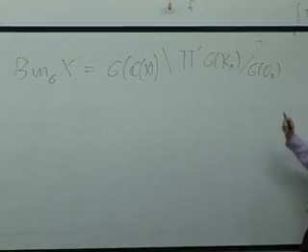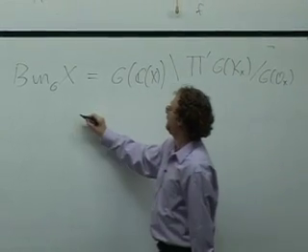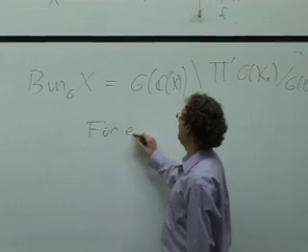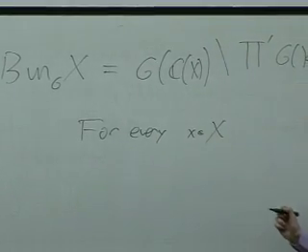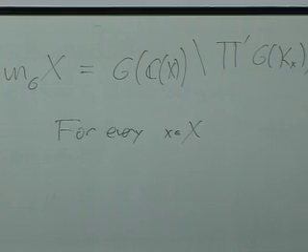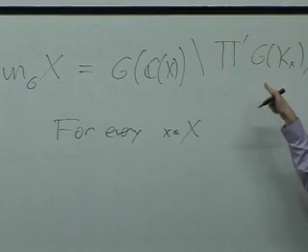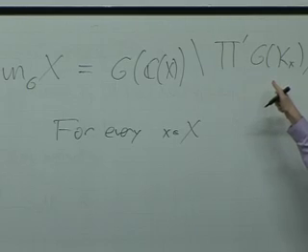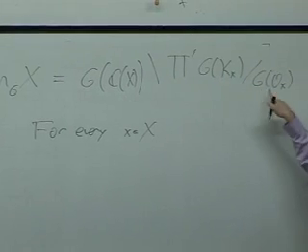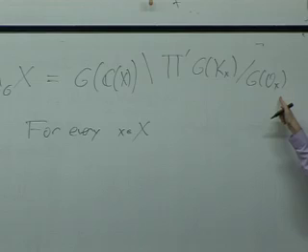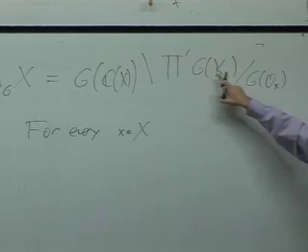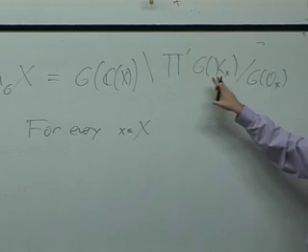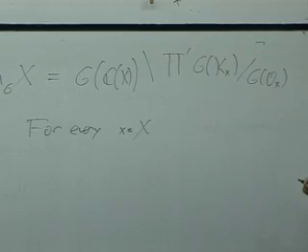So rather than think of it in some extreme way, what do we get out of this picture? Every time you give me a point x in X, I'm not going to worry about this whole thing all at once. I'm just going to think of a particular factor. For every particular factor, this space is a quotient of something by the positive half of the loop group. So if I just omit one of these factors, I get a space on which the whole G of K_x acts, and I've taken its quotient by G of O_x.